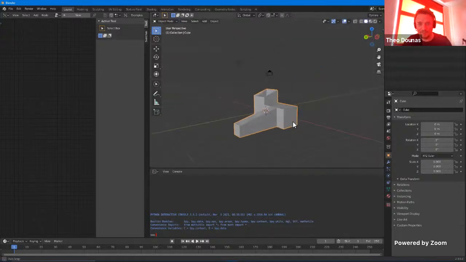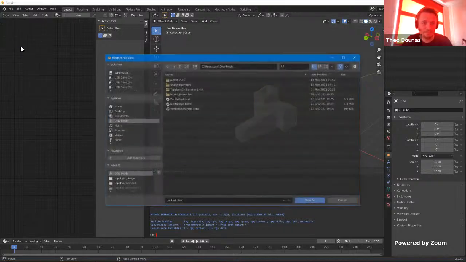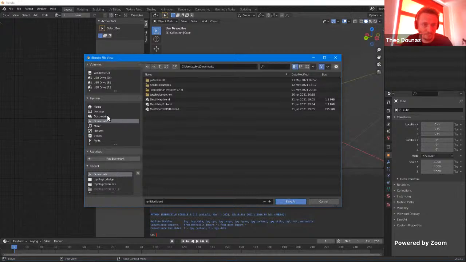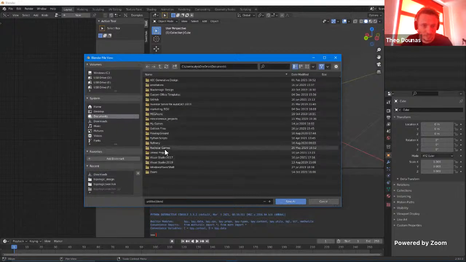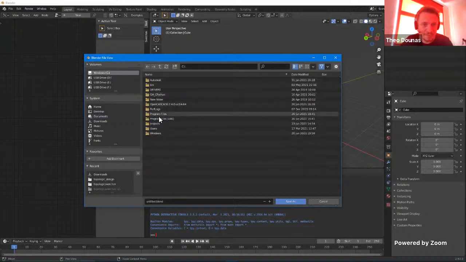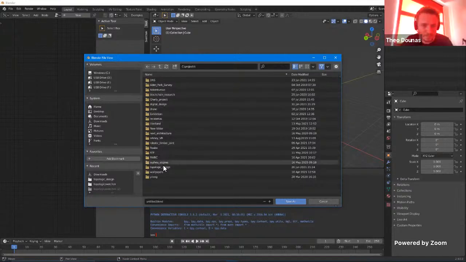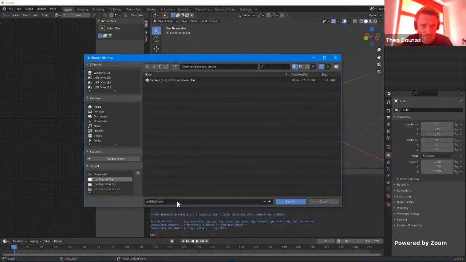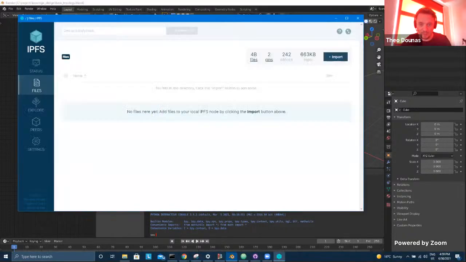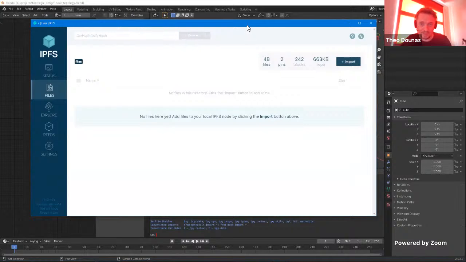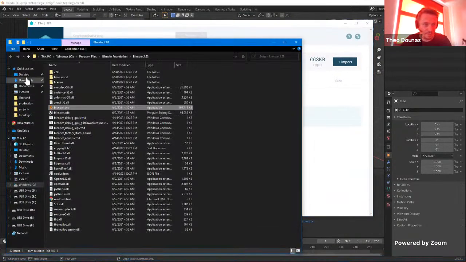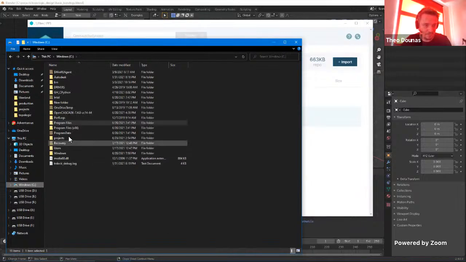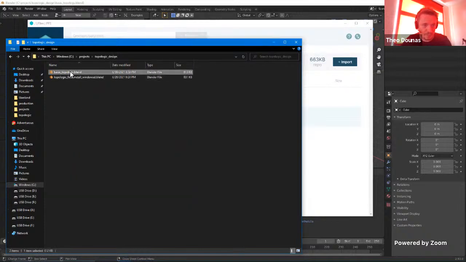Okay, I think I made it complicated enough. Let's save the file. Might get lost in my own computer. Let's go here. Basic topology. So save it as a blend file. But then to share it on IPFS, I'll do the same thing. Find the file